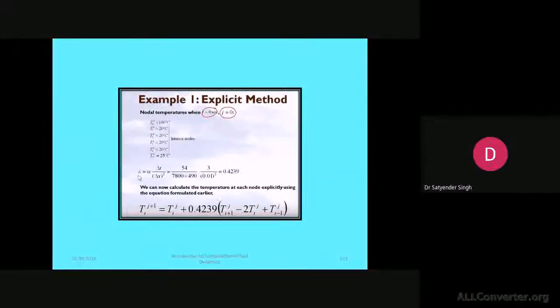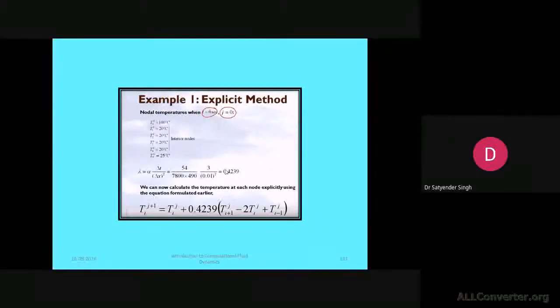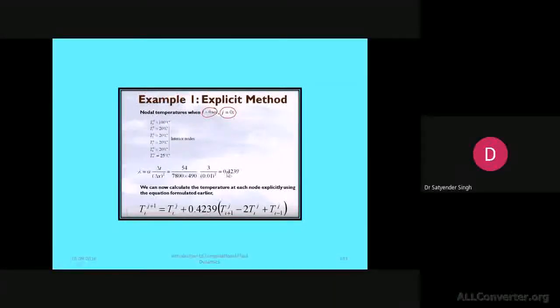So let's say that lambda is the diffusion constant, involving the value of alpha, delta t, and delta x square. Let's say we have kept delta t as 3 seconds and delta x as 0.01, and finally this lambda is 0.42. It must be less than 0.5. We are keeping this as less than 0.5, and this is the earlier information. So we have one boundary condition. A boundary condition means that it will be applied on the boundaries, or on the faces in case of a three-dimensional geometry.